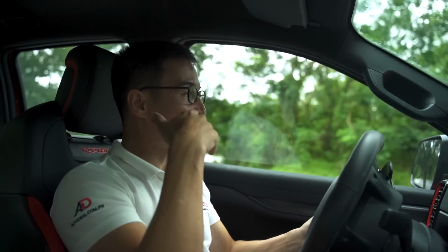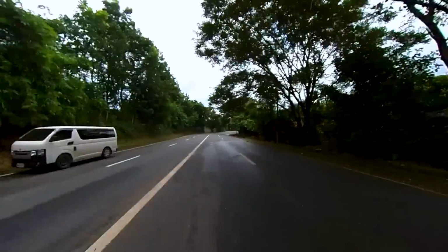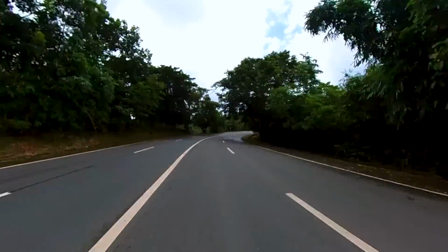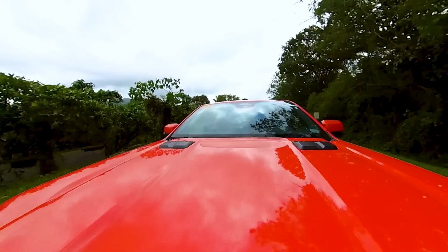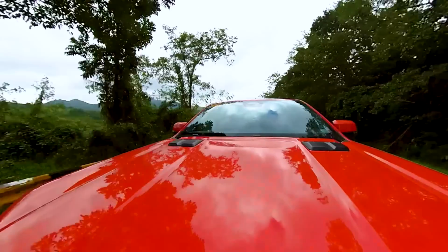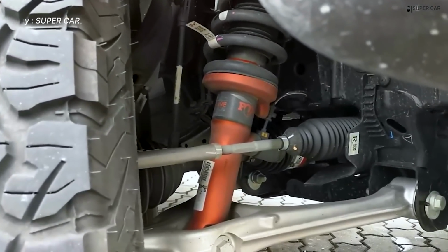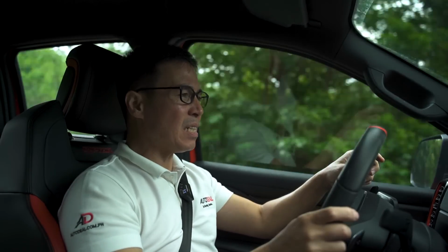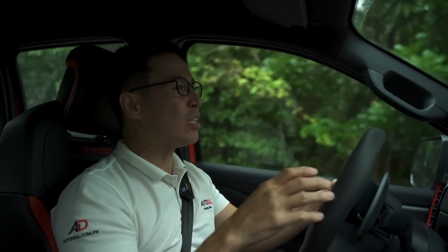When you're on flat roads, it's actually quite calm and comfortable, really, despite its rough and tough exterior. It's kind of throwing me off. I mean, the suspension definitely rides better than your standard Ranger, thanks obviously largely to the Fox shocks that are found on this automobile. And the steering is actually quite heavy. Not in a bad way, actually in a good way, because then it communicates a lot